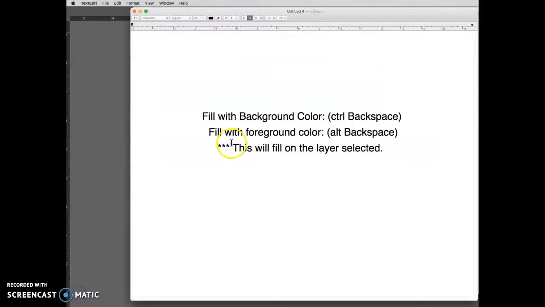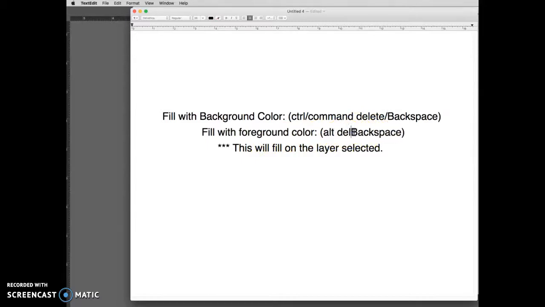Shortcut keys to fill with your background and your foreground colors are Control or Command if you're on a Mac, backspace or delete on a Mac, and Alt, delete or backspace,